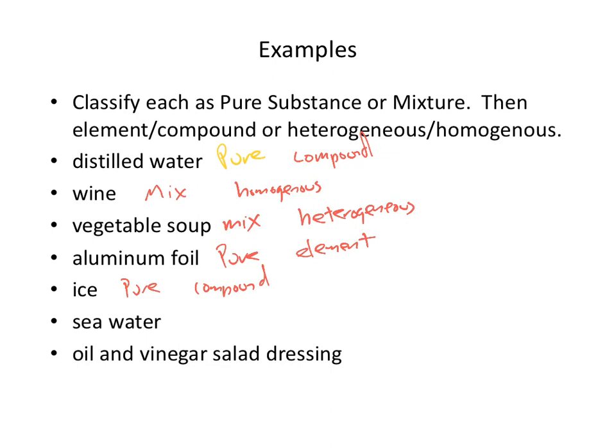All right, now seawater. I kind of put this one in here to show that not everything is cut and dried in these examples. I think you could have reasonably said seawater is definitely a mixture, right? We've got water and we have sodium chloride, certainly. So we have two different compounds that are mixed together. I can have higher or lower levels of sodium chloride. And so it's definitely a mixture, but whether it's heterogeneous or homogeneous is a little bit more of a gray area, right? If you got a fairly clean sample of seawater, you might reasonably argue that you can't see any boundaries. The salt dissolving in the water is an example of a solution,